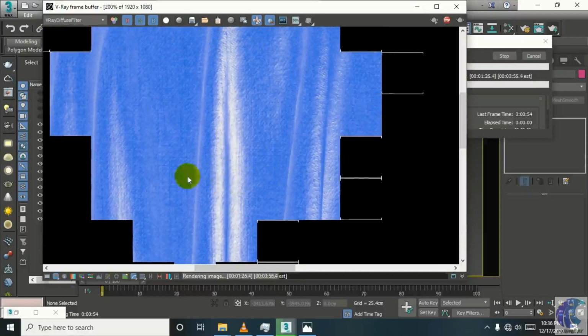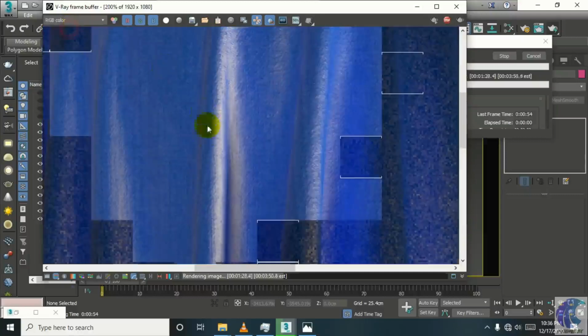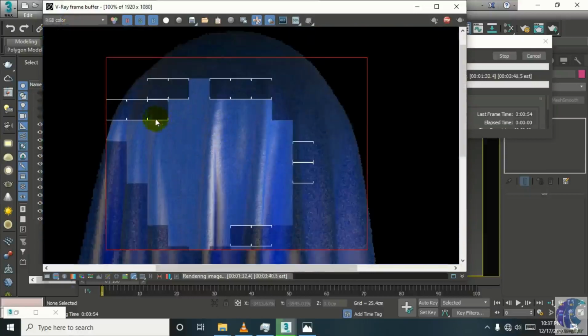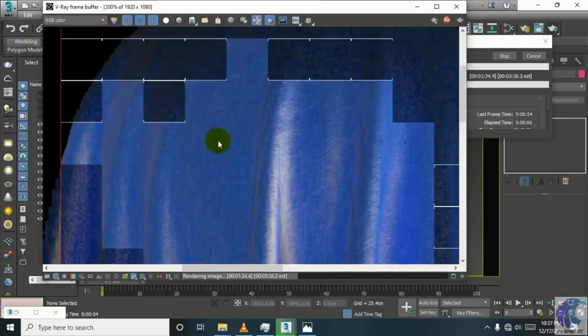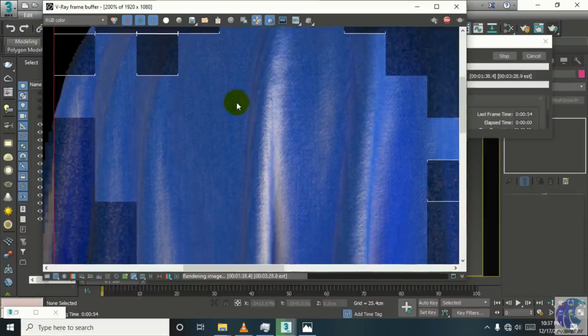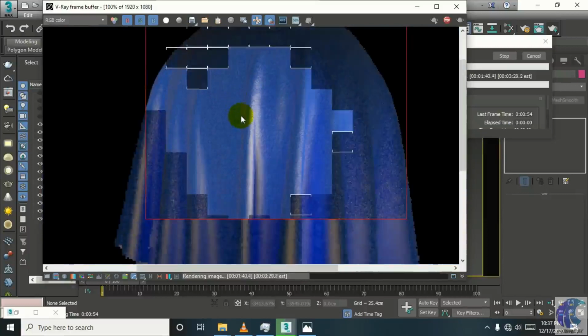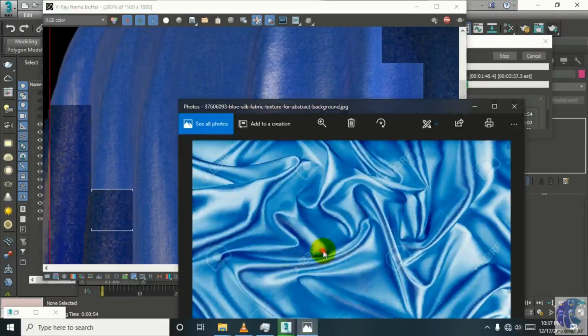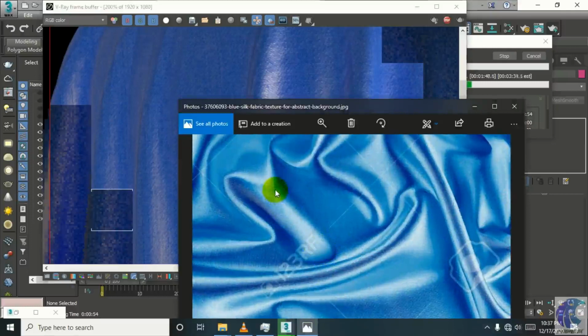So now we are happy, and now we have to render this thing out as a complete. Now I think there is something else. Look at this.